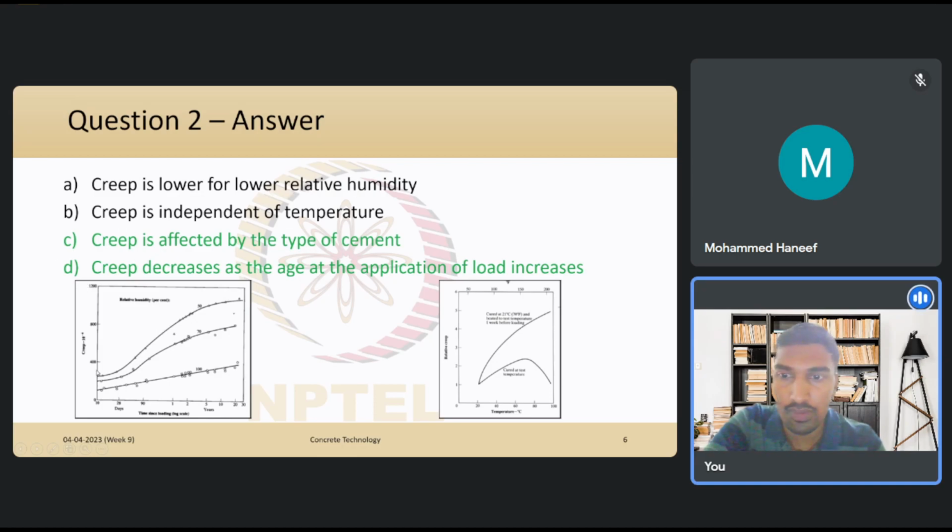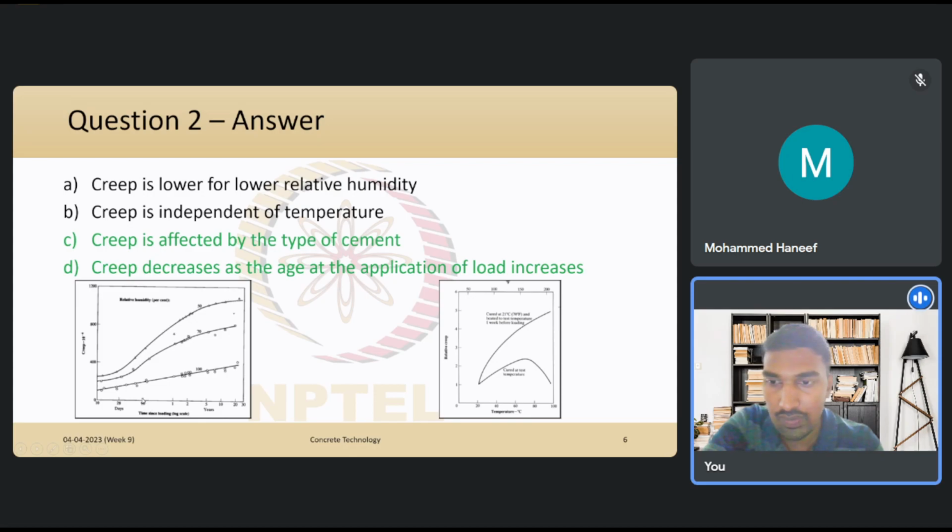So we have a graph here which explains the effect of relative humidity, right? On the y-axis we have the creep, and on the x-axis we have the age, or the time that has elapsed since the concrete was loaded, right? And we have different graphs, each corresponding to one relative humidity percentage: 50%, 70%, and 100%. Here we are looking at the effect of relative humidity, and what we observe is, if we take any particular age,